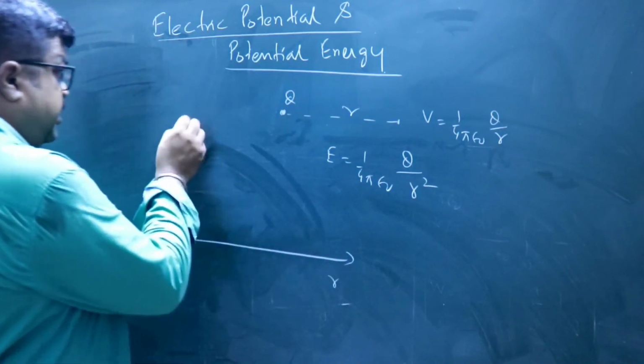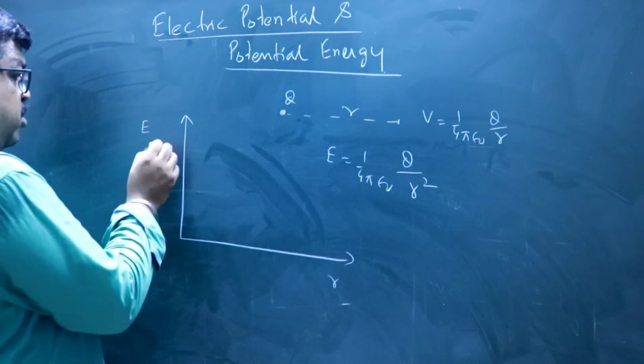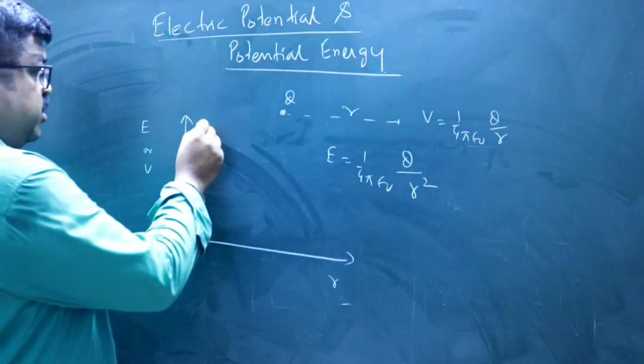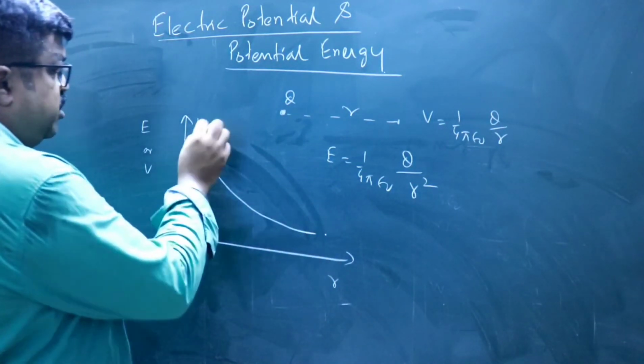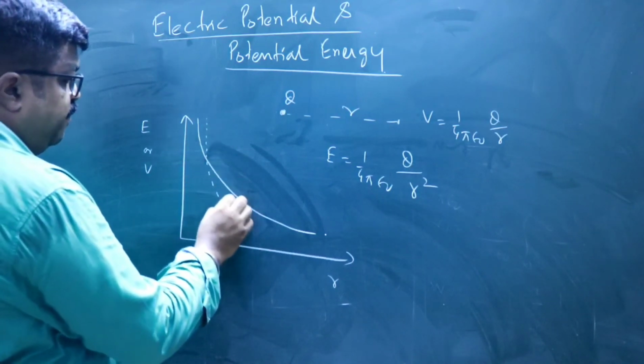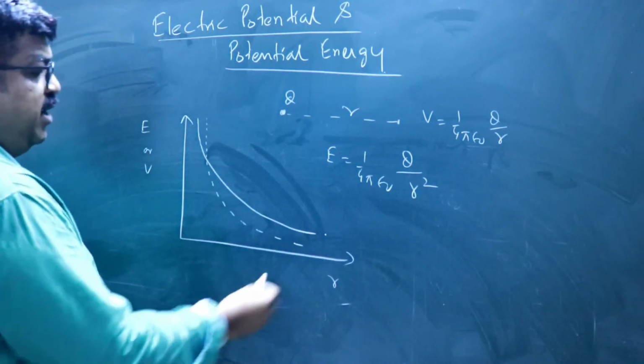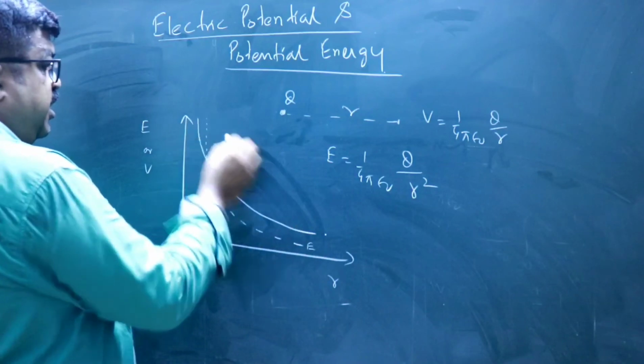So the graph is, suppose this is R, and this side you have E or V. So if this is the potential, the electric potential, this is the electric field, this is E, and this is